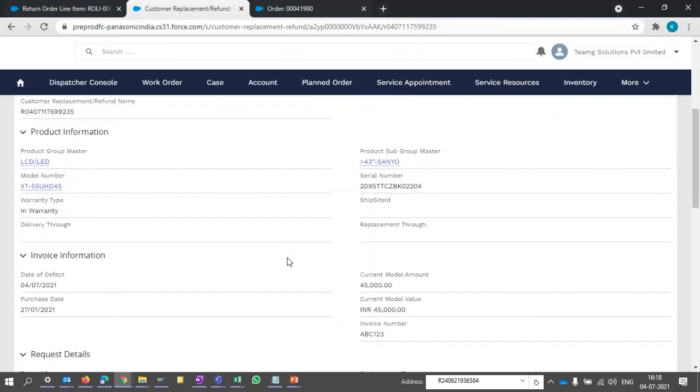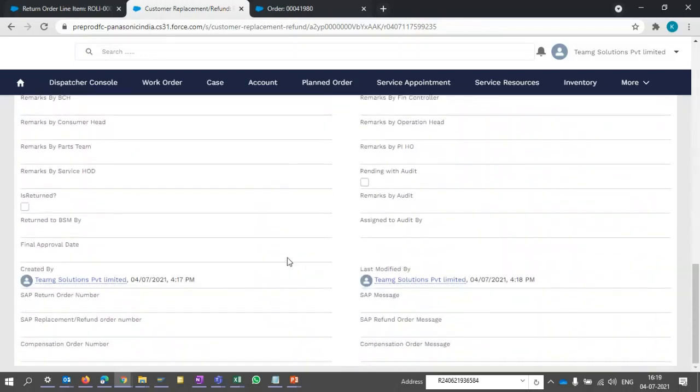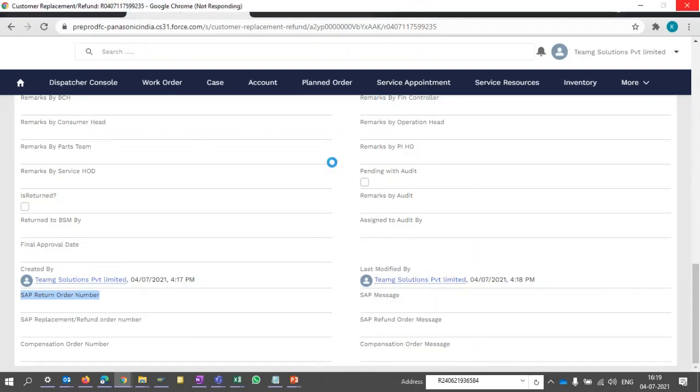Okay, if you scroll down, you will get all the details, right? Here the SAP order numbers from SAP are coming for your replacement, refund and compensation. Okay, so this is the customer replacement. Let me quickly go through the